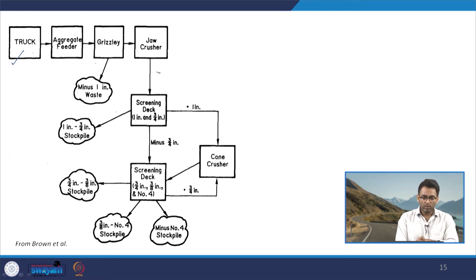Now, this material will go to the aggregate feeder. From the aggregate feeder, it will go to the grizzly. So, a grizzly is basically, as I said, a technique to remove some weak material. Grizzly is basically used for scalping the weak material, and the material which is removed from the grizzly is definitely not typically used for surface layer materials, as I said, but sometimes